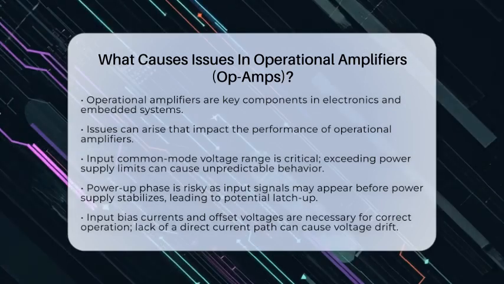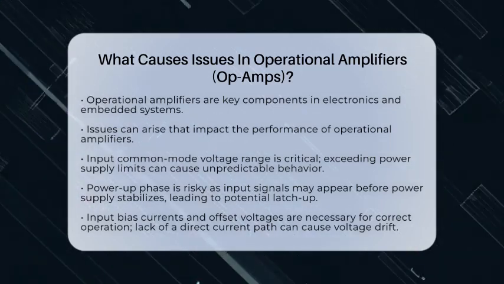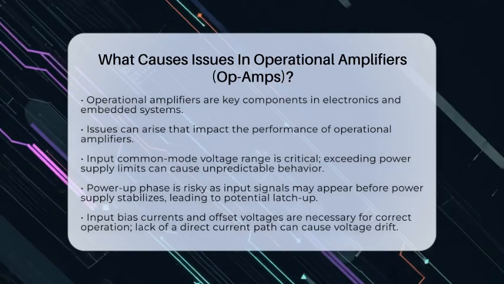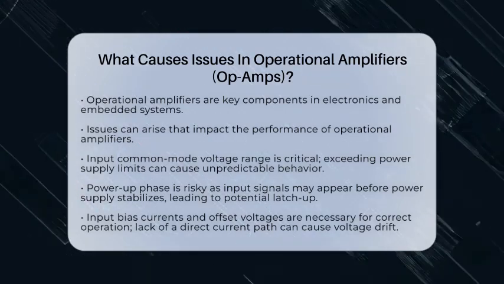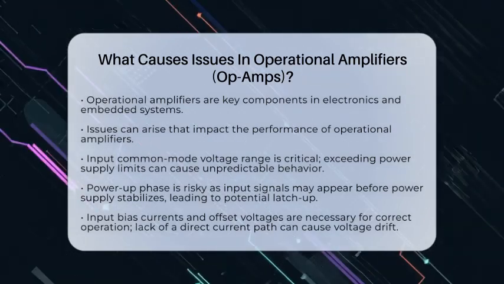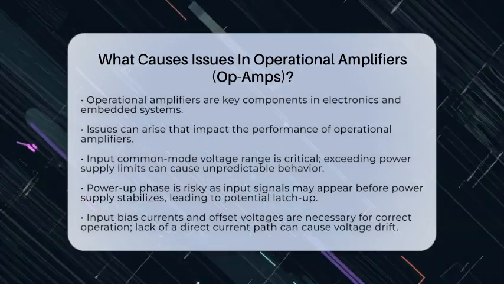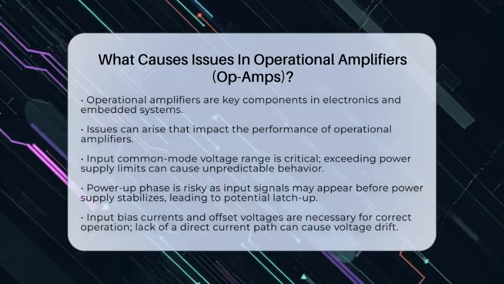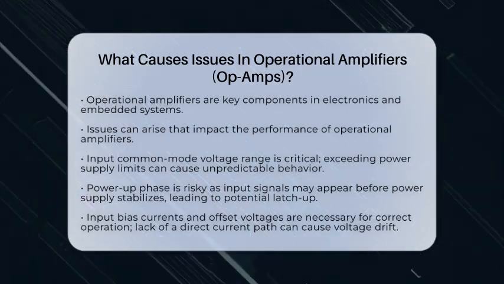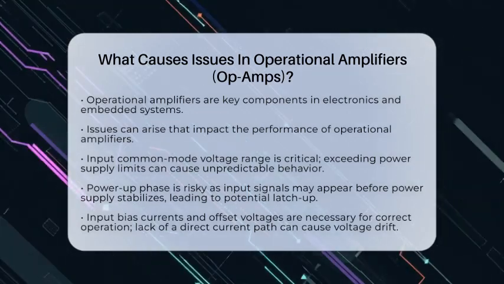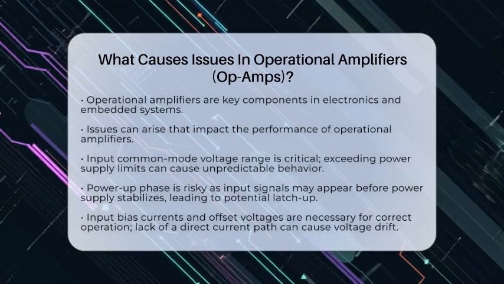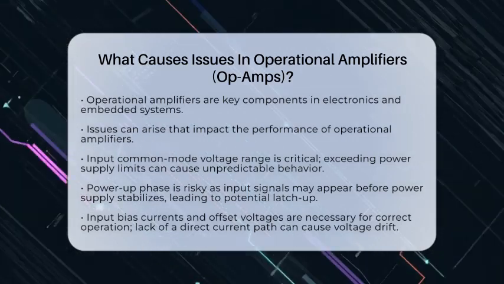First off, operational amplifiers have a specific input common mode voltage range. If the input voltage goes beyond the power supply limits, it can lead to unpredictable behavior. This is especially risky during the power-up phase when input signals might appear before the power supply stabilizes. Such violations can cause the device to latch up, which means it gets stuck in a high current state, potentially